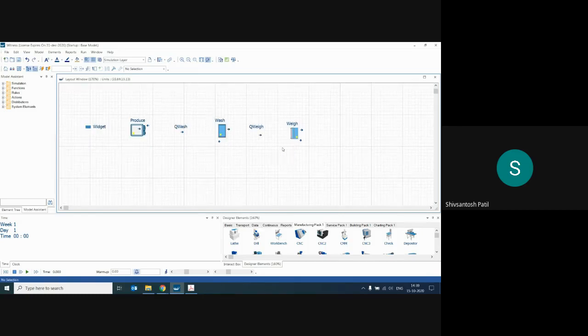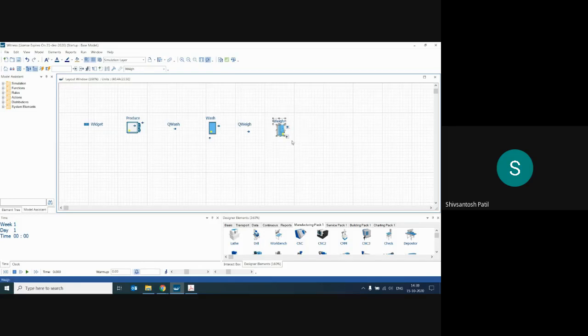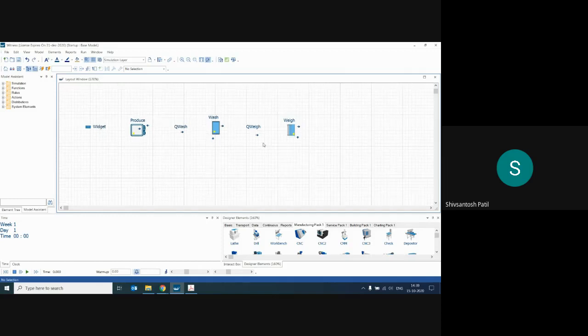Everyone added this element. You can zoom properly in this area like this. Weigh. Everyone should be in the linear way. Everything should stop in one line, in one line. So after weigh,